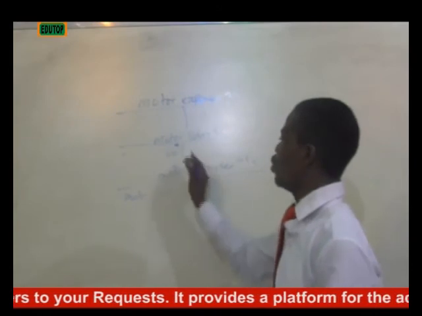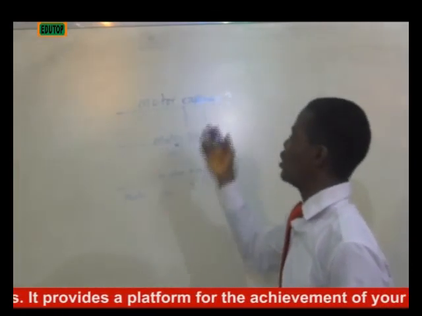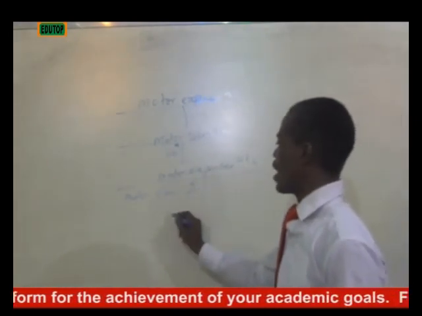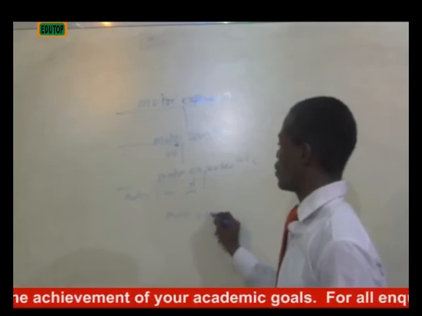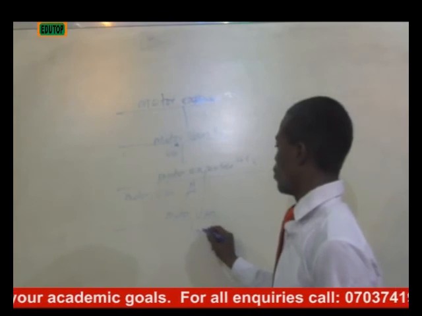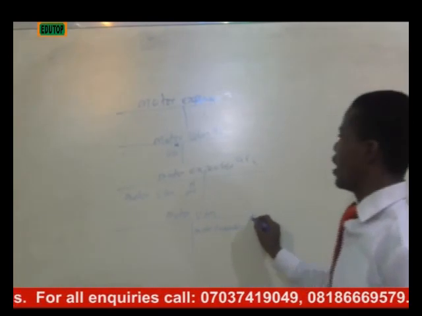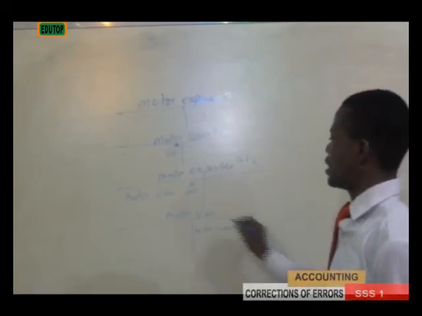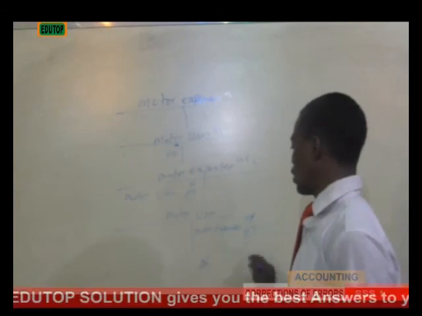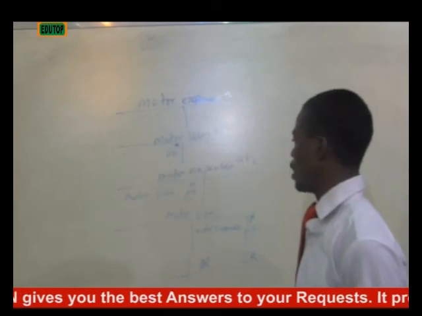You are taking the money out of the motor van and putting it into the correct account where it's supposed to be. Then you write motor van, motor expenses, 60 naira at the end of the day. You can put that one also in the journal. Don't forget